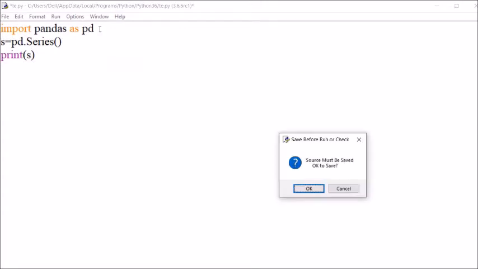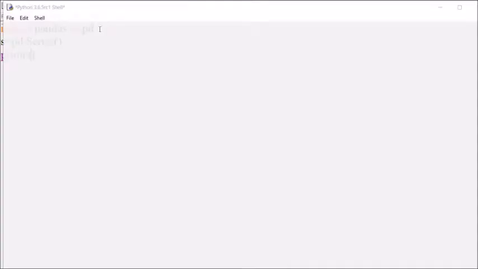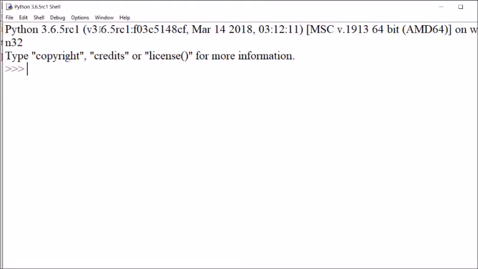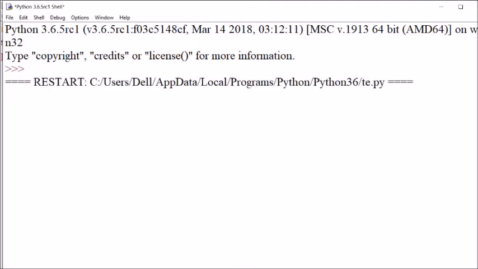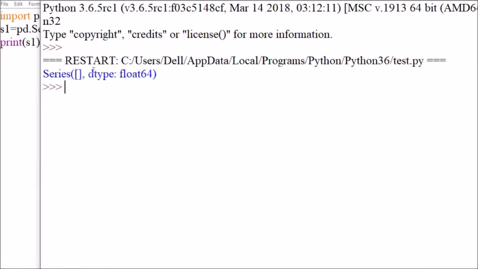You can see here an empty series will be printed along with the data type, that is the default data type, float64. The first time it will take some time, after that it will run easily. You can see here in the DOS prompt, requirements already satisfied because I have already installed it. So there is no need to go to any other folder, directly run as administrator and then you can use it. You can see here Series, blank and dtype float.